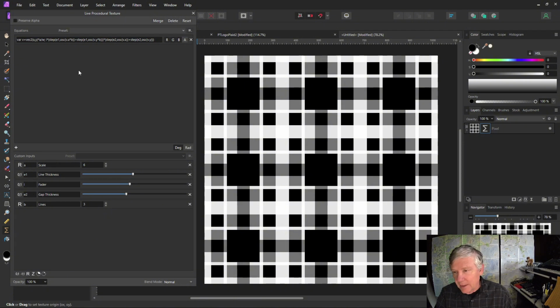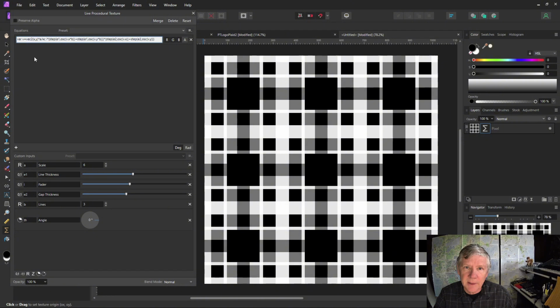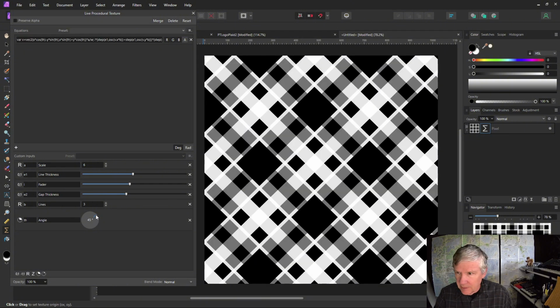complex pattern. Now the next thing I want to do is I want to be able to rotate this. To rotate it, I'm going to change my basic XY coordinates to my rotatable coordinate system. I'll add an angle input theta, or TH. I'll call that angle. And I'm going to replace this plain XY with x times cosine of theta minus y times sine of theta, and x times sine of theta plus y times cosine of theta. And now I should be able to rotate this, so now I can get any type of angle from this